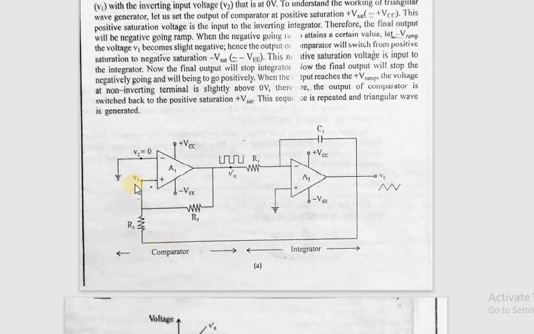So this keeps on making V1 less and less positive. Ultimately it becomes 0 at an instant, and the instant when it becomes slightly negative with respect to V2, at that moment the state changes to minus Vsat. And now this wave stops going negative further because the state has changed. Now we are getting a negative square wave.